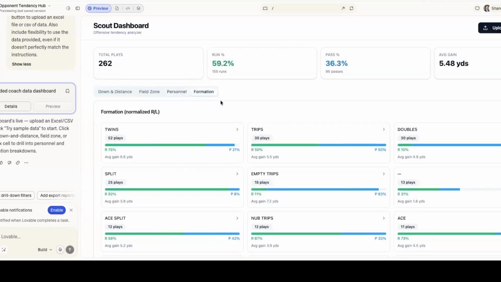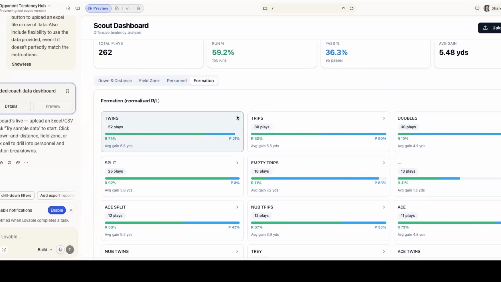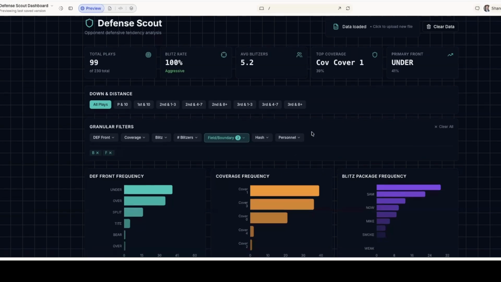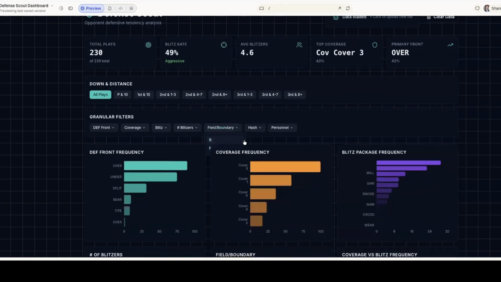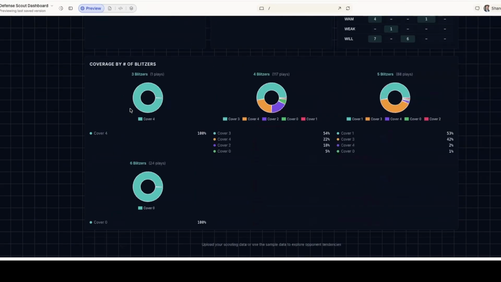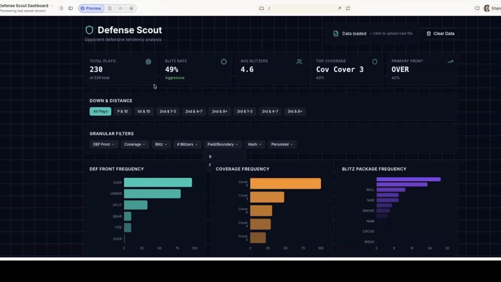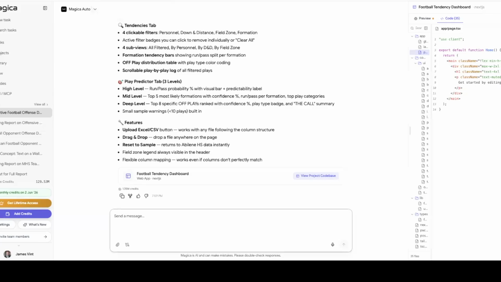Maybe I want to click at what they do by formation. All right. Cool. Nothing wrong with that. This is a Lovable dashboard for offensive coordinators to look at a defense. All right. So again, we were looking at where they bring pressure from, but same thing. Now I get this one I did visuals. I give you the prompts. All right. I'm going to give you prompts to use these things.